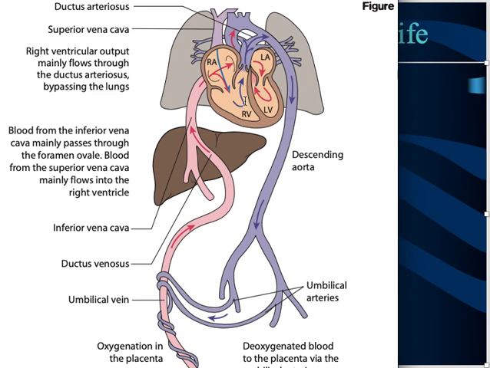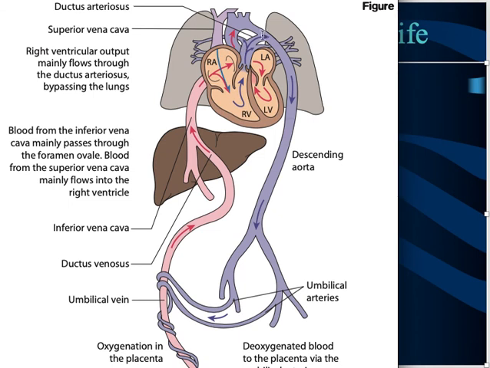So the blood from the right atrium can directly go into the left atrium, and the rest of the blood which is going through the right ventricle goes to the pulmonary arteries, and from there, instead of going to the lungs, it is shunting to the aorta, you can see over here,